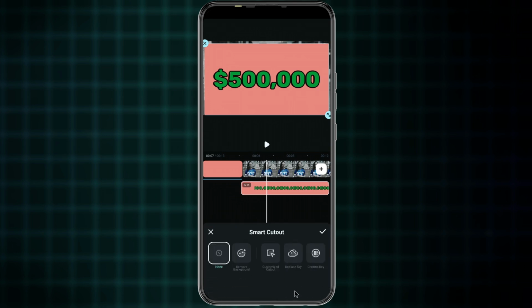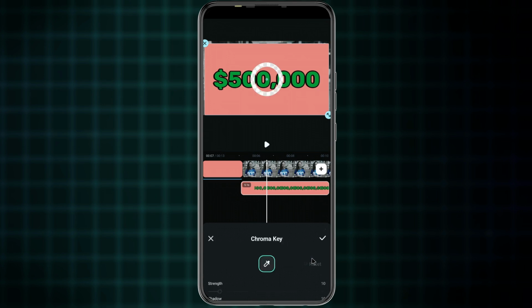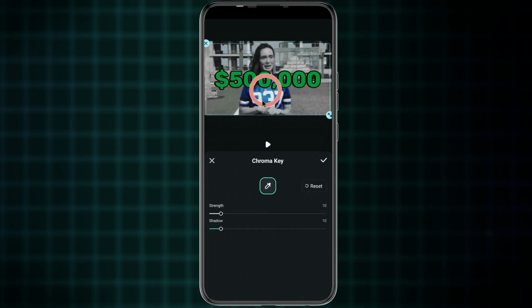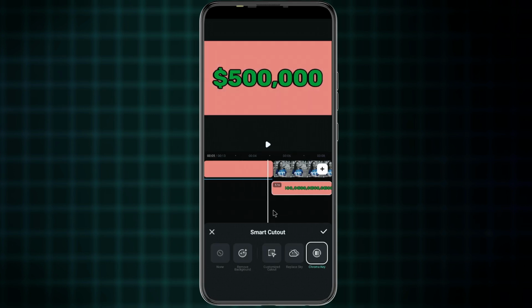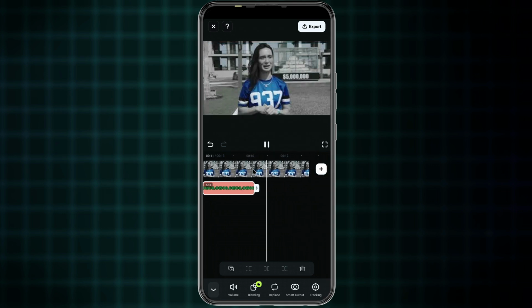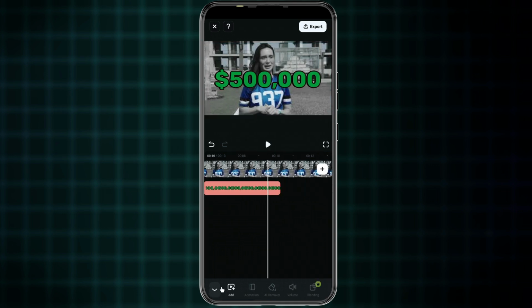You're going to find the chroma key and then select it. Use the chroma key to key out the yellow color and only leave the text without the background. And that is going to leave you the text without the background. Now the last move, go to the Effects tab right here